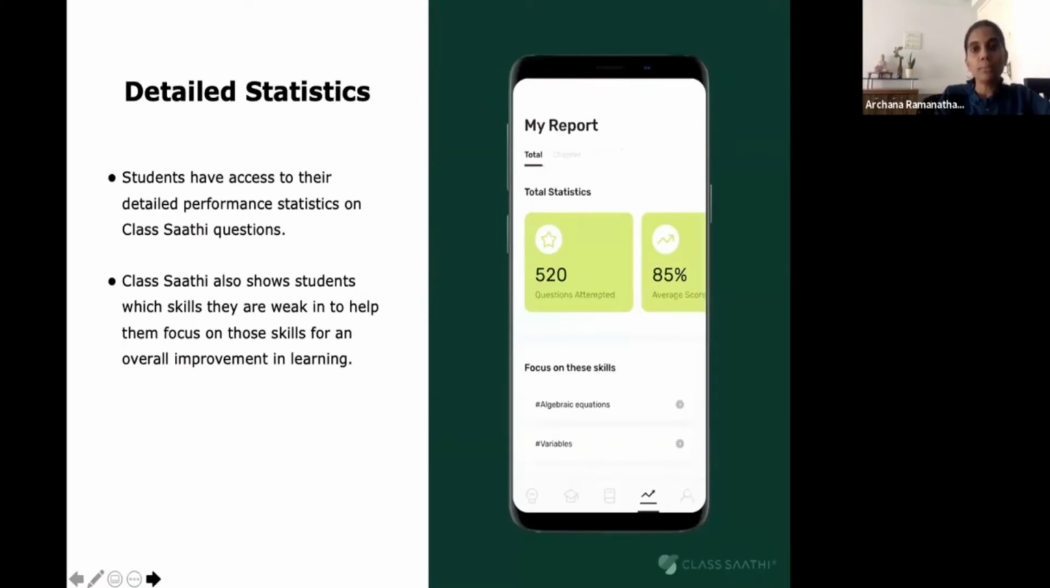Moving on, the most important aspect of the app is the detailed statistics and analytics that we provide. Students know not just how many questions they have attempted, what their average score is, or the time they have spent learning, but they are also given the skills and areas they really need to focus on. All of the recommended questions and chapters are linked to these skill areas. This helps students focus on their weak areas and make